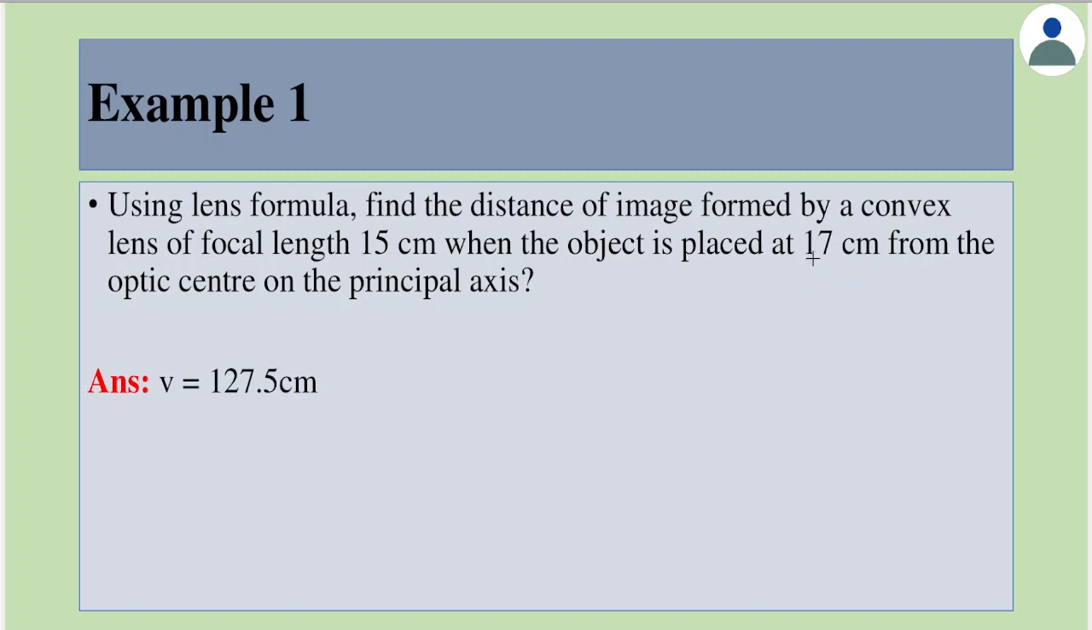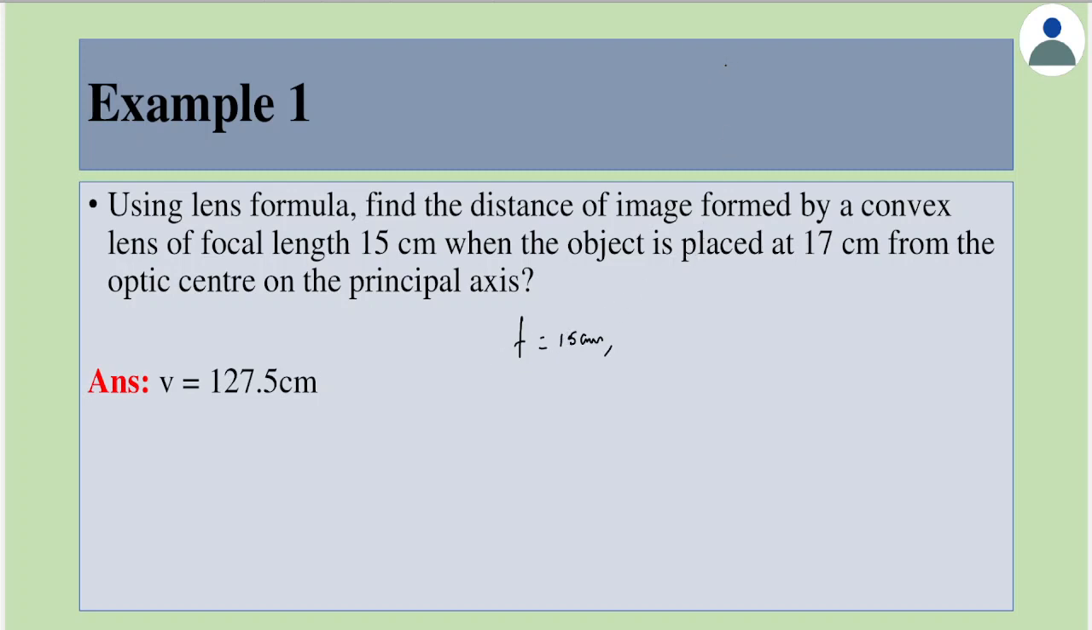So what is given here is a convex lens of focal length 15 cm. For a convex lens, the focal length is positive. Therefore, f is equal to 15 cm, and the object is placed at 17 cm from the optic center on